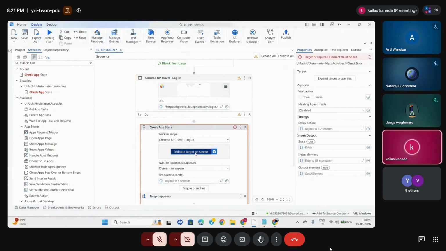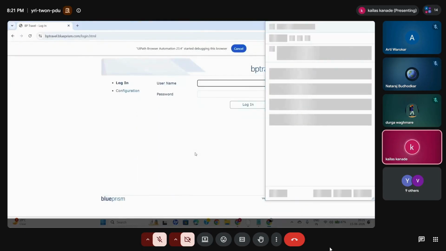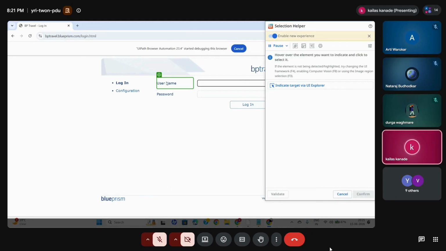So I'm going to click on indicate. Which element do I need to search here? Suppose the username is present, then I need to declare that this application has successfully launched. Okay, just a second, guys, I need to check this username only. Just a second, guys. Okay,